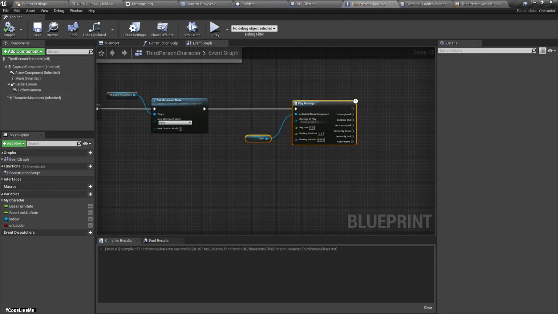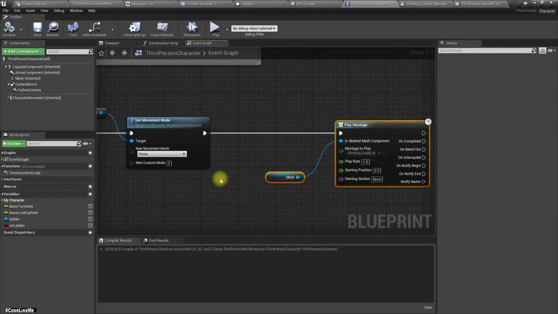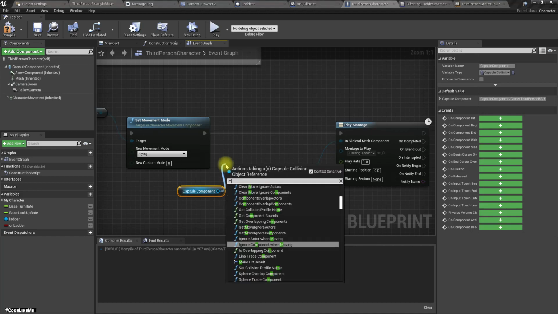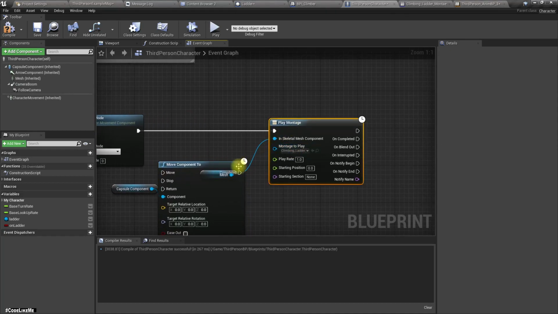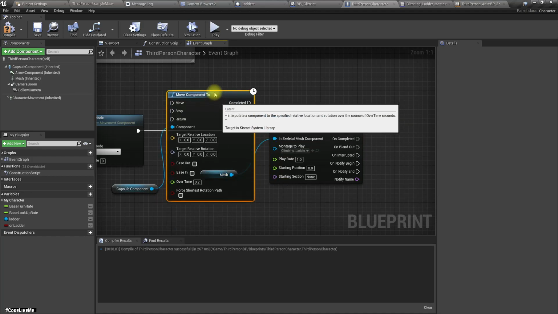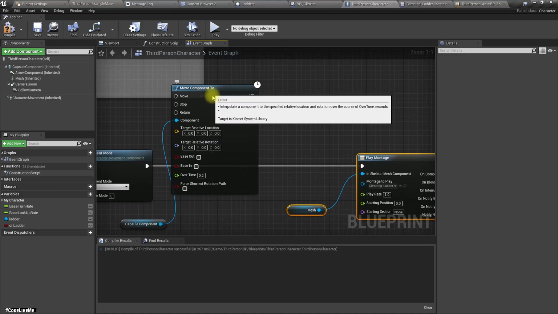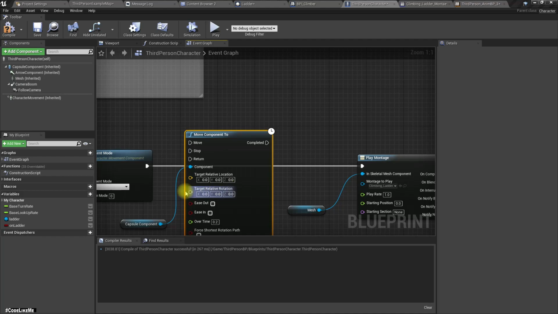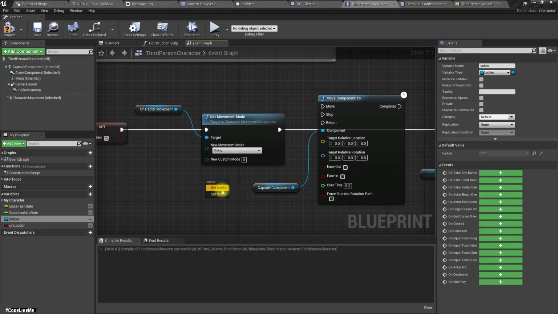Now here let's get the capsule component 2, the current ladders,